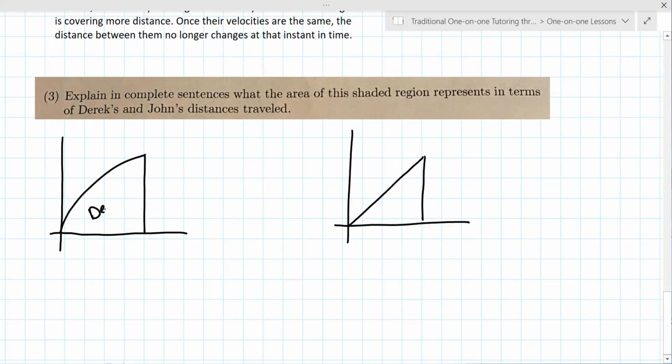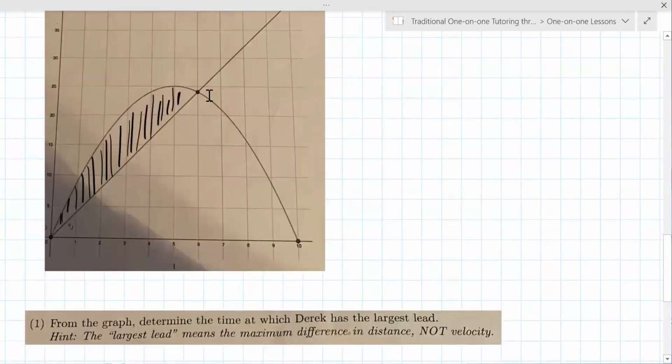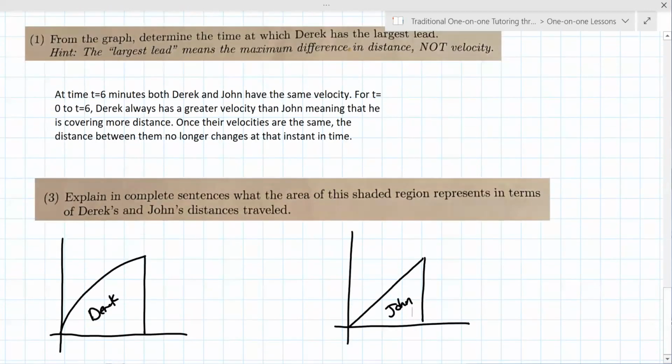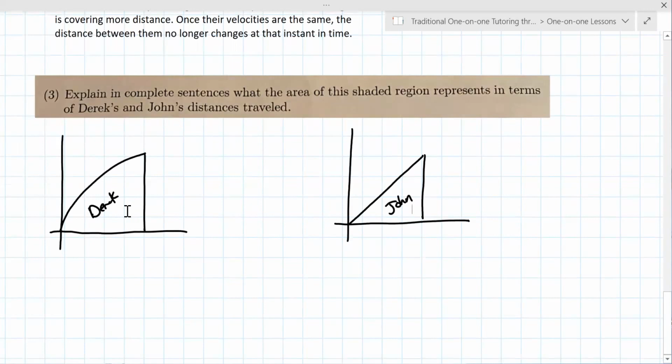So this is Derrick and this is John. Is it clear that these are meant to represent the individual sections? On the left is Derrick's distance traveled. On the right is John's distance traveled. So let me type some of that, because you might even want to include this in your explanation. On the left, the area of Derrick is shown,